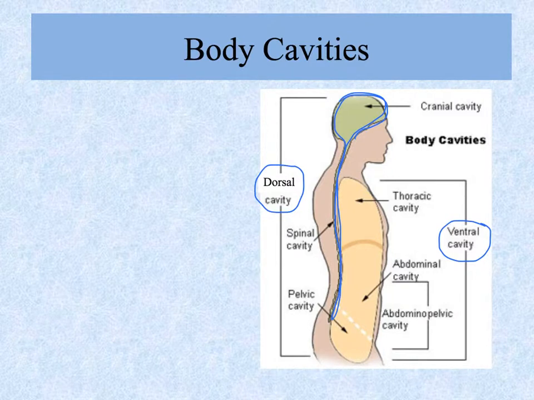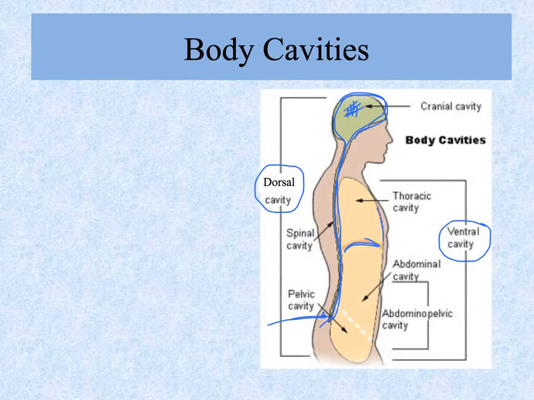That's why doctors can take a spinal tap, take a little bit of the fluid out from down here on the tailbone, and determine whether you've got bacteria up here in the brain, because any dead bacteria will also be found in the cerebral spinal fluid. And so the dorsal cavity towards the back of the body contains the organs of the central nervous system, the brain and spinal cord. The ventral cavity towards the front of the body actually has a small division here with